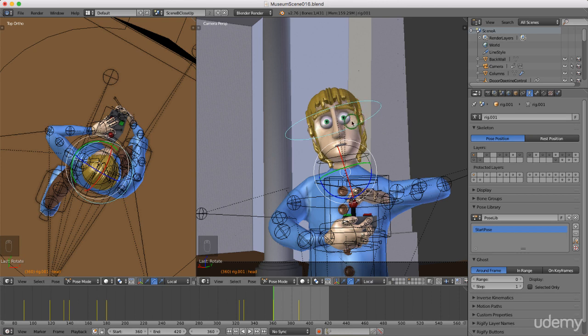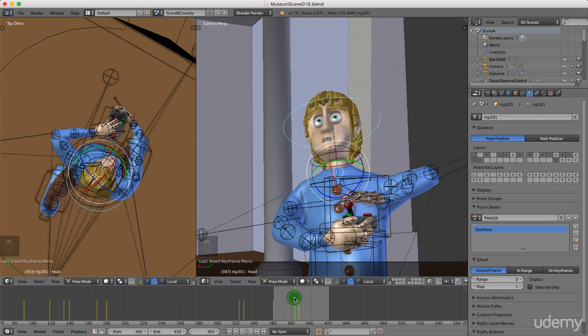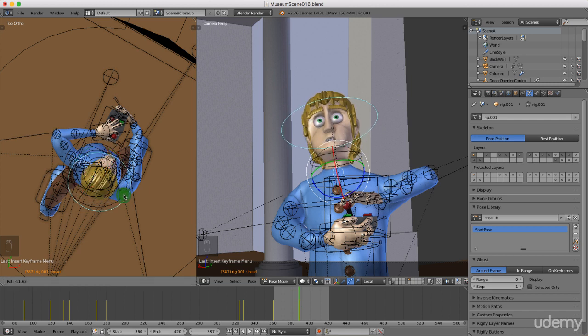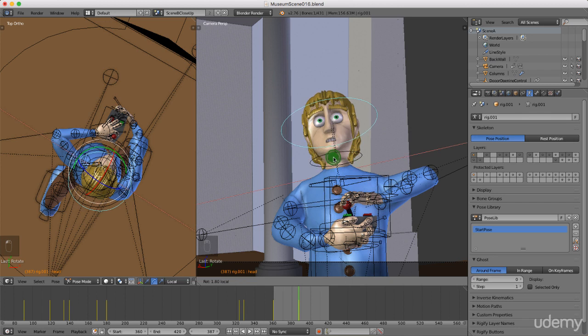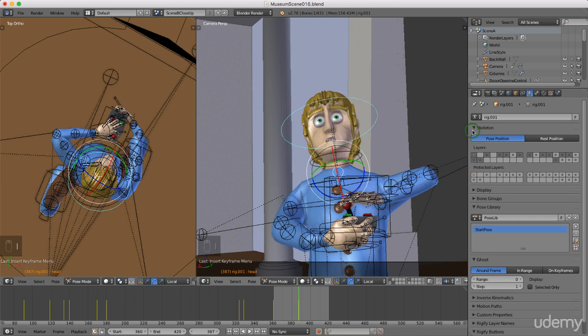a better angle. I might just press I now for location, rotation, scale. Okay, and just scrub on and to here and just drag that back a little bit, and drag it forward. Okay, and press I, location, rotation, scale. Okay, that should do. And just while we're still in scene B, I'm just going to come over to the